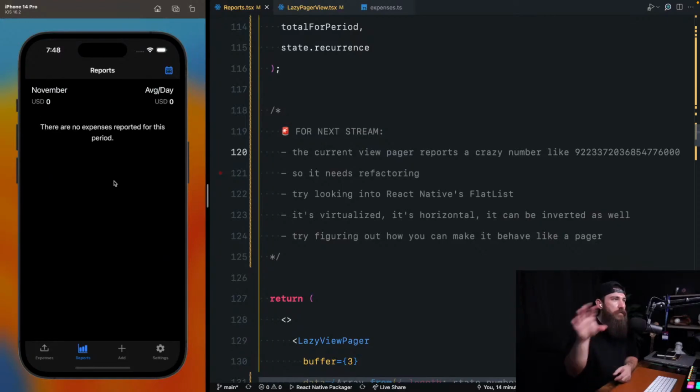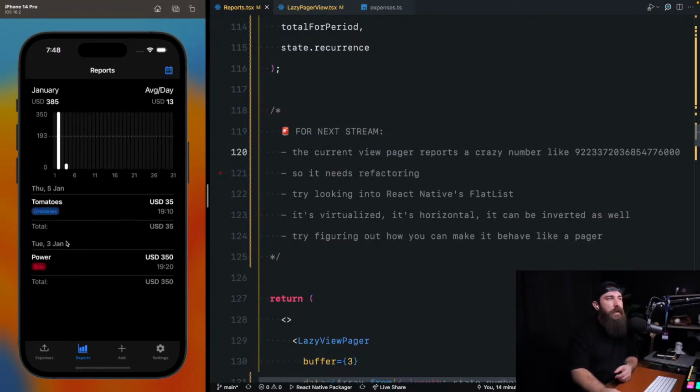This is a horizontal list, right? It's a view pager, but it's terrible in terms of performance, and it doesn't always work. There's a case where